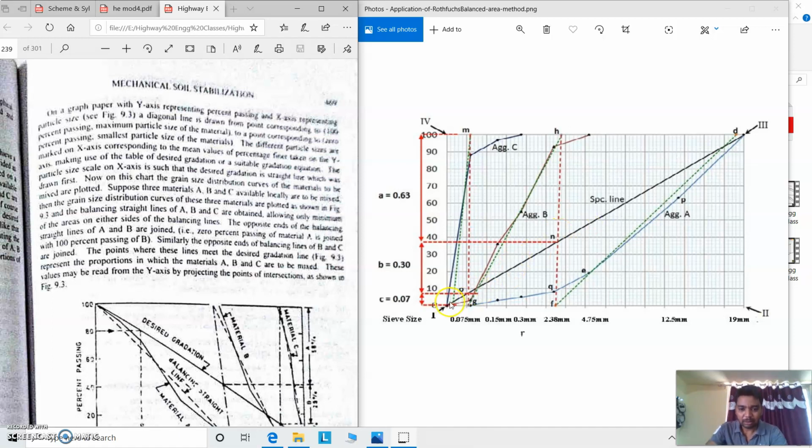This diagonal line is cut at particular sections by the straight lines, and this particular cut point is erected to the y-axis, and that will be measured from a particular axis here. Similarly, the diagonal line is cut for aggregate C and aggregate B, and that is erected to the y-axis. In this regard, you will be getting three sections: aggregate A, aggregate B and aggregate C. Aggregate line A is cut at this point, and this will be aggregate A, and aggregate B line is cut at this point, and this will be aggregate B, and the remaining will be aggregate C, right?